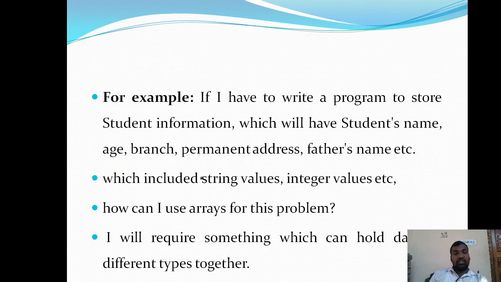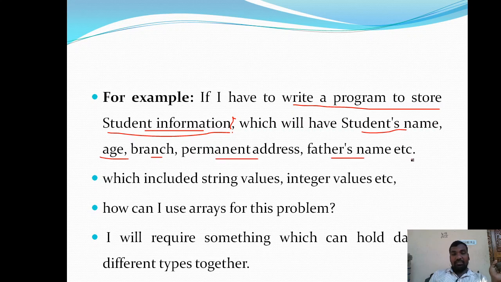For example, if I have to write a program to store student information, it contains student name, age, branch, permanent address, father name, etc.